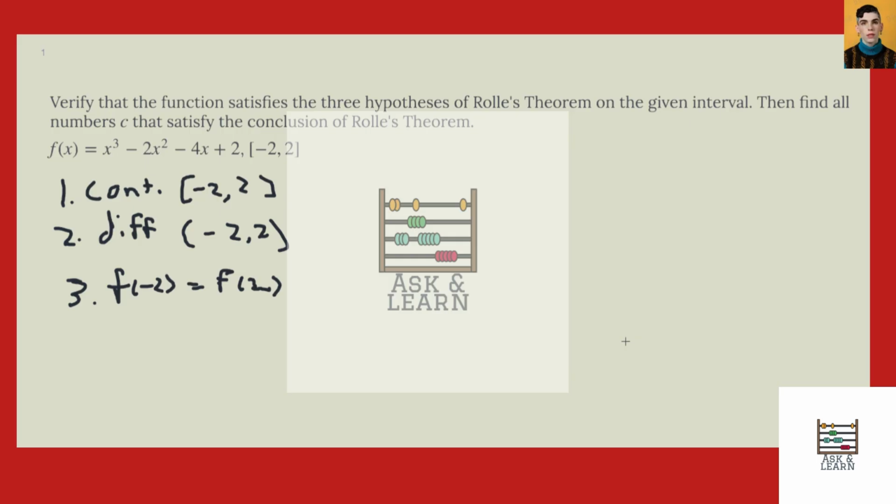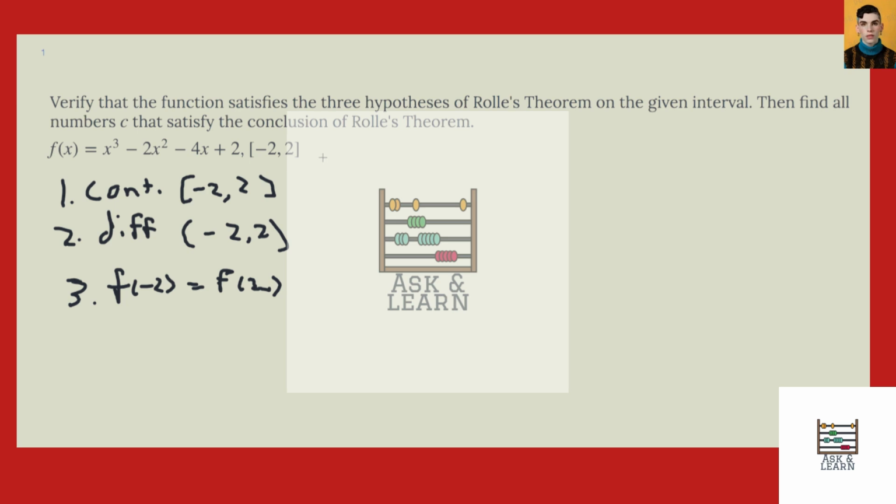Okay, so in this question, we're being asked to verify that the function satisfies the three hypotheses of Rolle's theorem on the given interval, and then we are asked to find the number of c's that satisfy the conclusion of Rolle's theorem. So the function here is f(x) = x^3 - 2x^2 - 4x + 2. So here we know that f(x) = x^3 - 2x^2 - 4x + 2 is